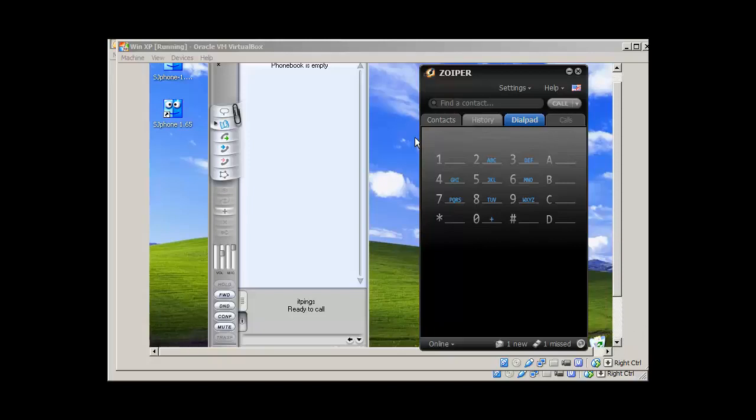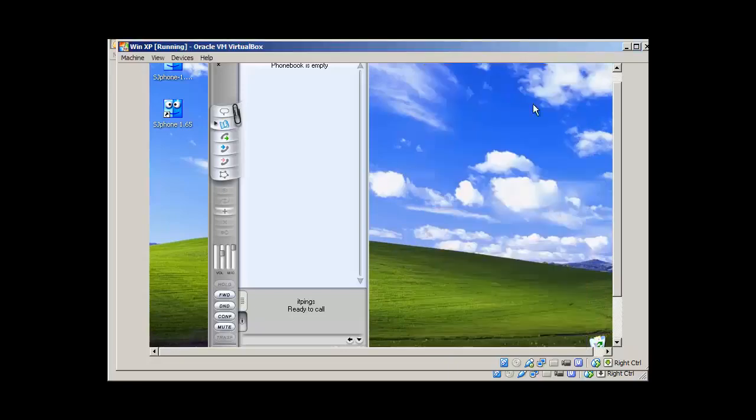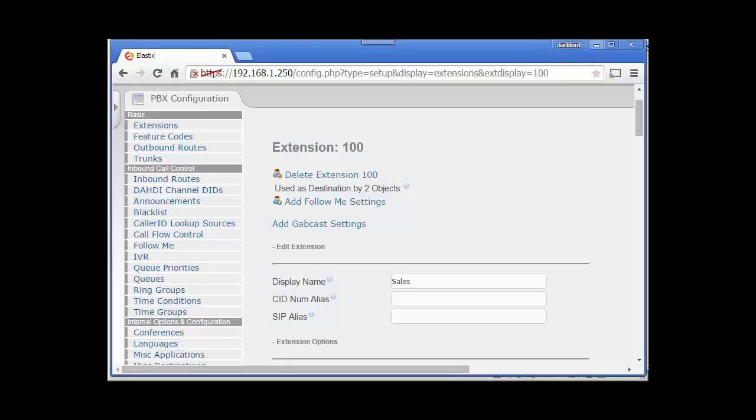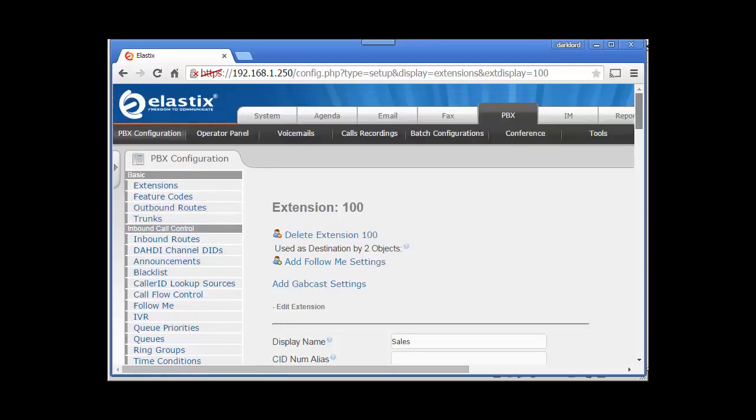Okay, one more thing I would like to mention here. To simulate an incoming call in Elastix, you have to dial 777, and now it reminded me of one more thing which I totally forgot, that we needed to set up inbound routes. Okay, first let me show you that. Once you are done with these extensions, now you go to the PBX section here, inbound routes,